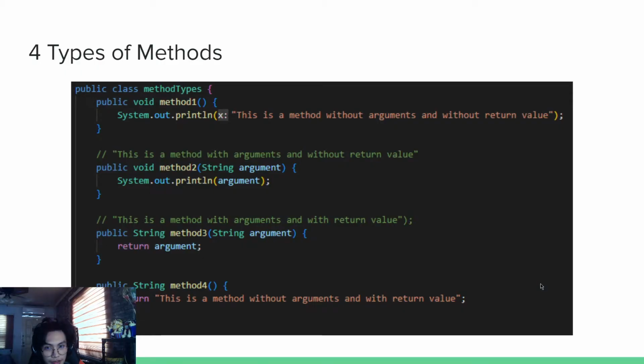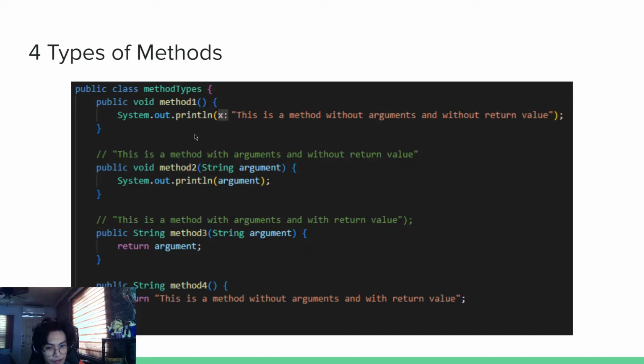So the first type we're going to tackle is the four types of methods. The first method is a method without arguments and without return value. So this is going to be its syntax. First we put here the access modifier, which I just set to public. And then we have here the method's data type, which is void, and then the method identifier, which is method one. And then in the method body, I'm just going to print out that this is a method without arguments and